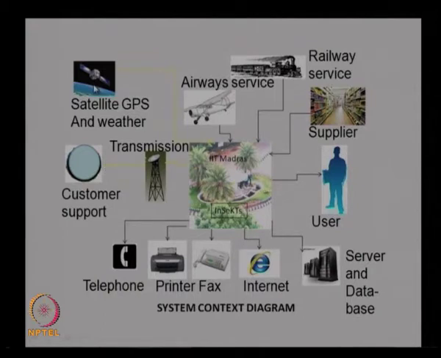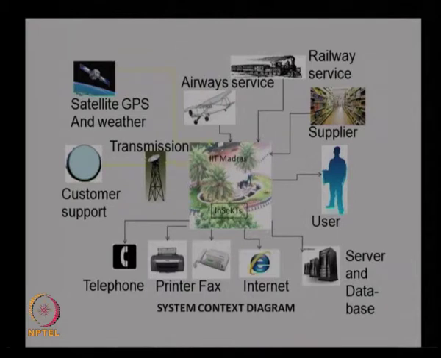Similarly, there will be other features like the connection to the GPS system. So, you will be having a satellite or GPS connection, and then we have other information like flight services or train services, and then we can actually add some features like delivery of some equipment needed for the institute or the students. So, if needed, that also can be connected. So, these are the possible external systems that you can have. This is the context diagram for the system, where actually we identify all the requirements or all the systems which need to be connected and what kind of interaction is needed between these systems. So, based on this context diagram, we will go for the detailed system design.